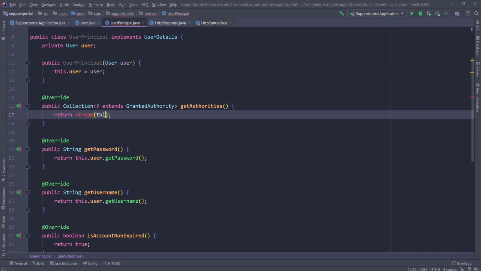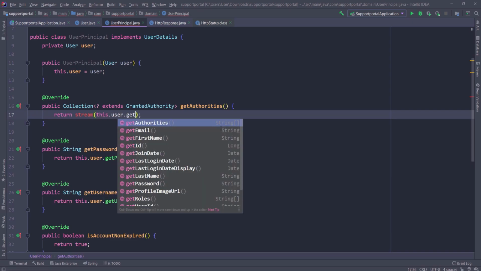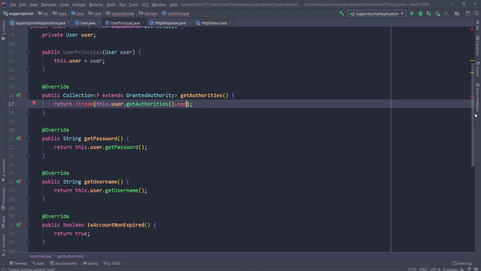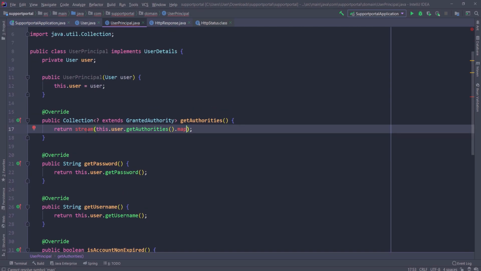Let's take this user, right? We need to get all the authorities, and we can take those authorities and map them. Let's go ahead and import stream. For some reason it's not importing, so I don't get intelligence. There we go, stream. Okay, so now I can have map,